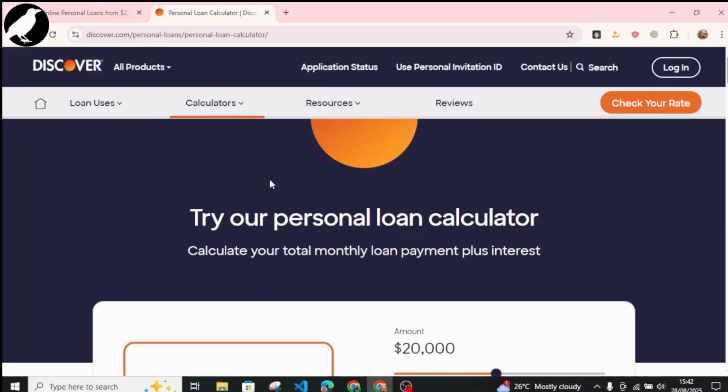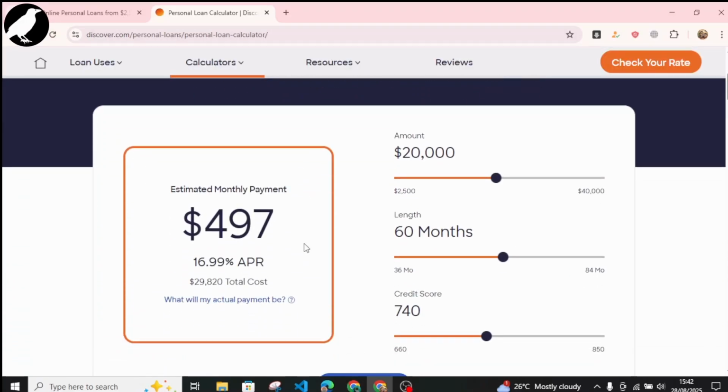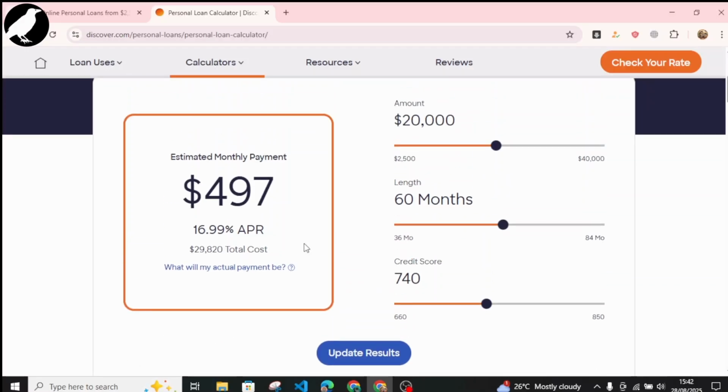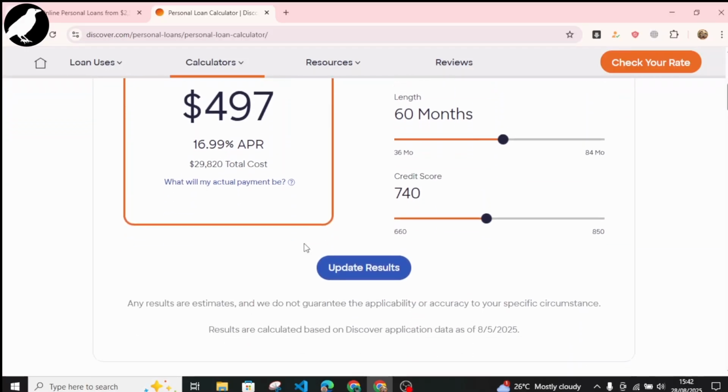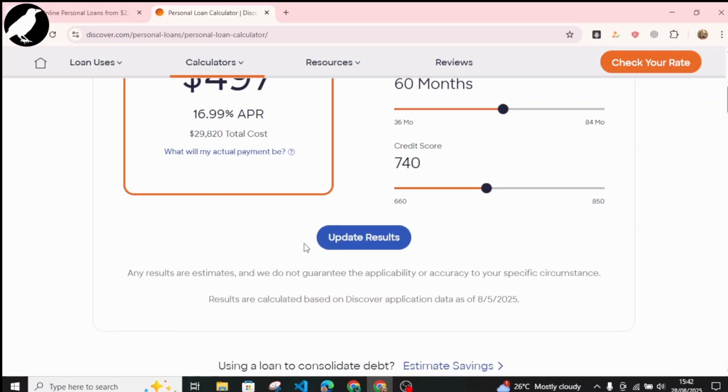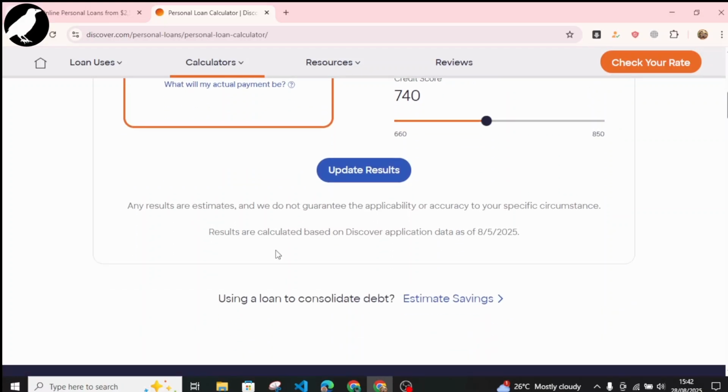So first, you just have to start by visiting Discover's personal loan page over here and start using the online calculator to estimate your potential loan amount, interest rate, and payments. And you will be asked for your name, contact information, the amount you want to borrow, your loan purpose, and the loan term. You will also need to provide your Social Security number and other information as I